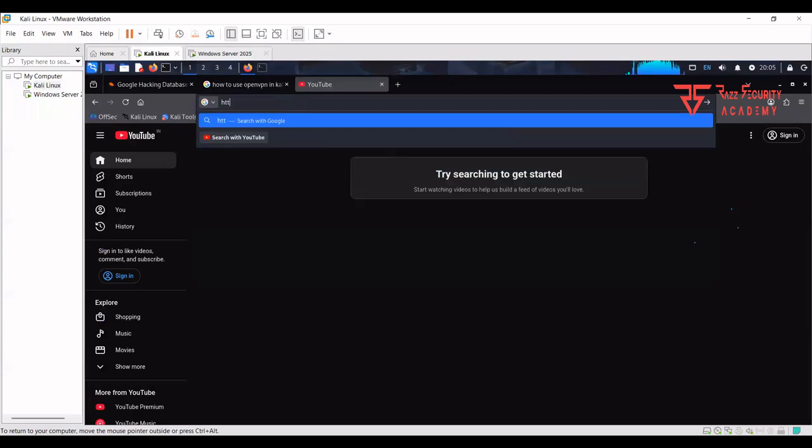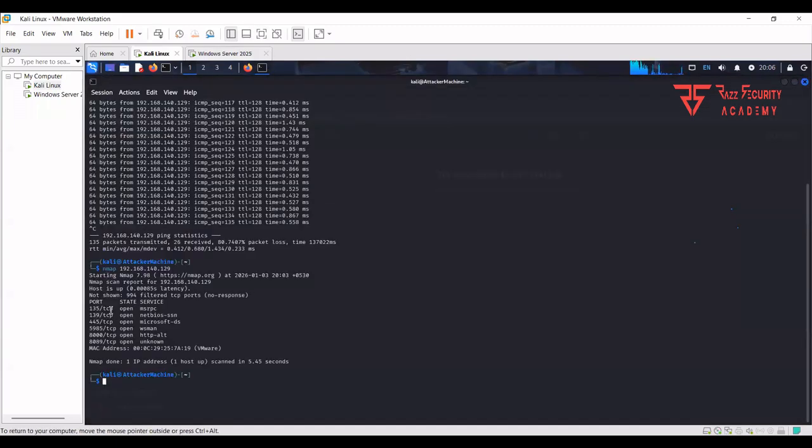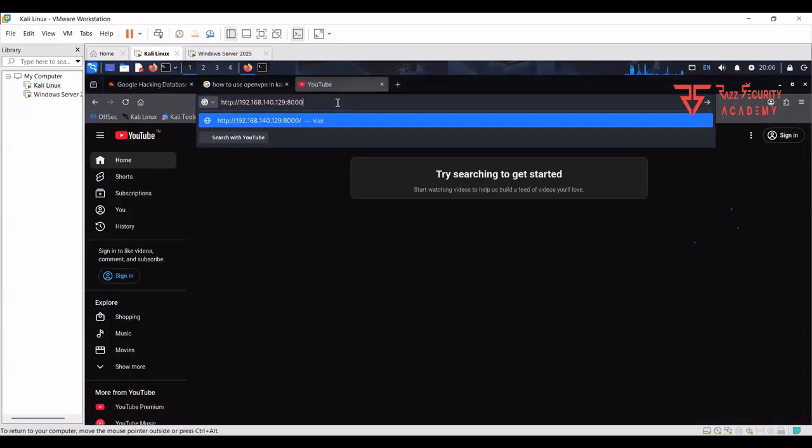I already told you about the port number. Why do we need to run any services? If you see here, whenever we run nmap, at that time we also see port 80. Now if I click here,